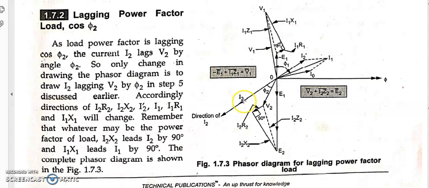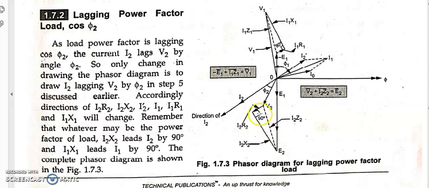Anyhow, we need not show where to start drawing from, since we need to answer this term, not this one. Just for reference's sake I am telling you, you can take a scale and make sure it is perpendicular to I2 and start drawing from here at 90 degrees. Since this and this are parallel, obviously this and this will be at 90 degrees. Yes or not? So draw a 90 degree phasor which represents your I2X2.